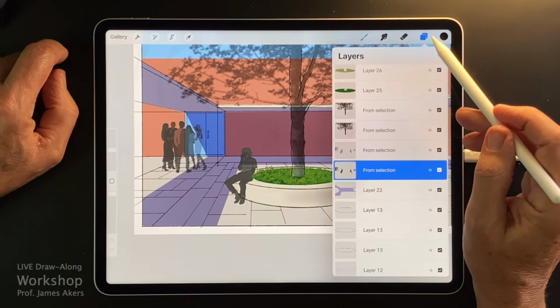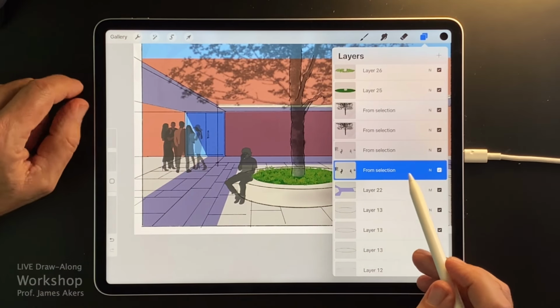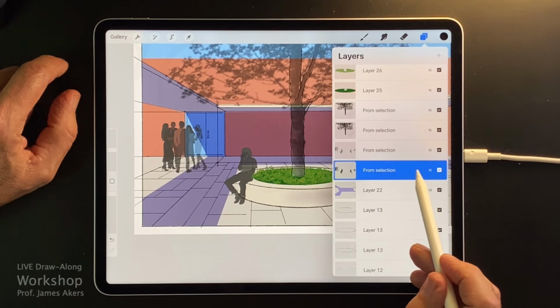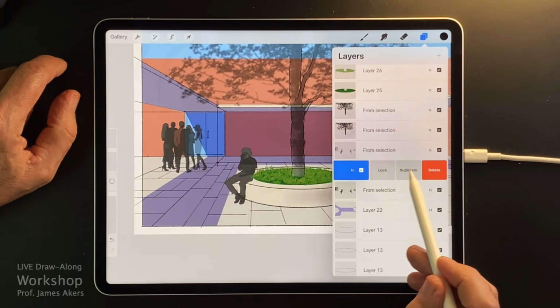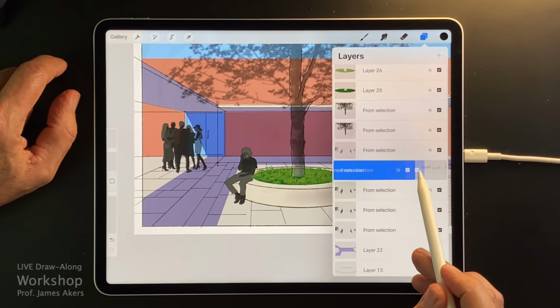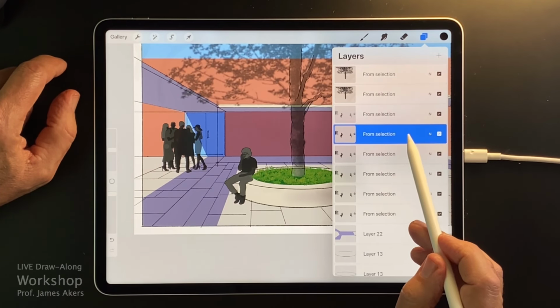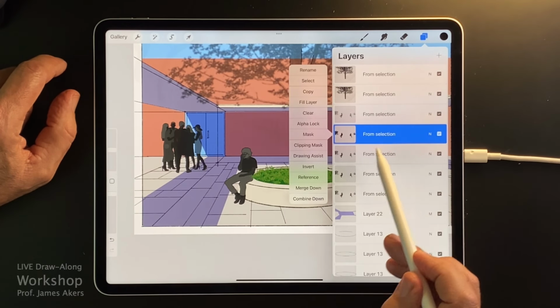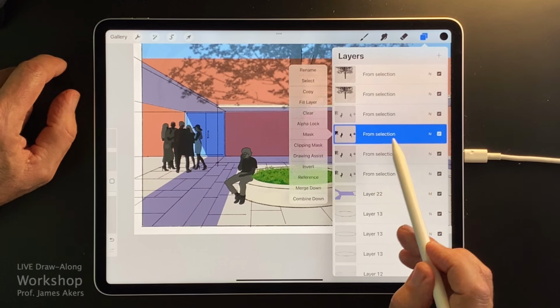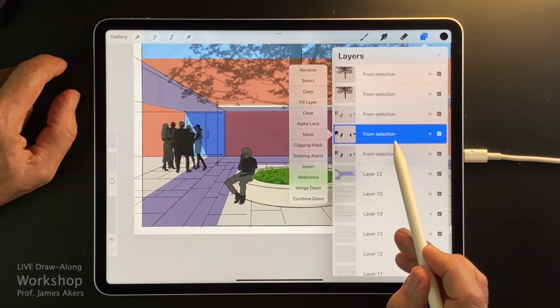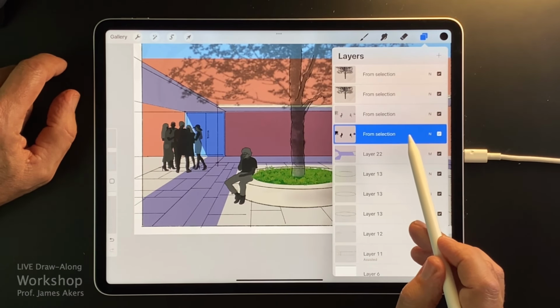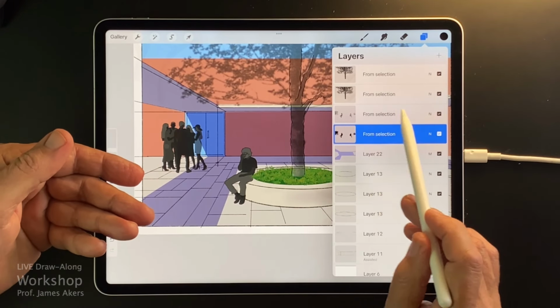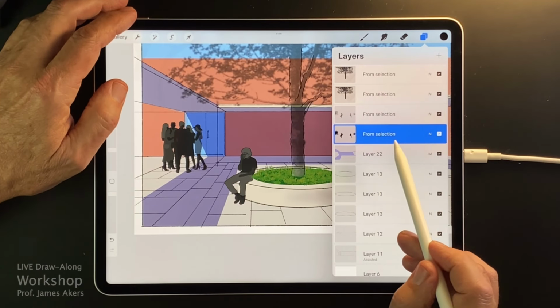Now that makes the people kind of ugly and a little bit too dark and ominous for the drawing, but you'll see where I'm going in a second. I'm going to duplicate that layer about 5 times. And now I'm going to merge each of those duplicated layers down one at a time. And what this is going to do is I'm going to end up with a white background to these characters. That's going to make the original detail, the original grayscale detail come out.